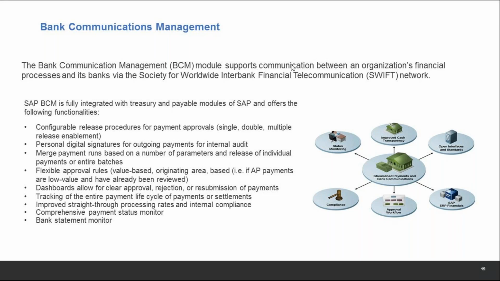There are a lot of additional features available, like you can put approvals in place. For example, if the amount is less than 1 million, then person A should approve. If the amount is more than 1 million, person B should approve. Or if the amount is less than 1 million, I require only one approval; if more than 1 million, I require two approvals. All those things you can set up.